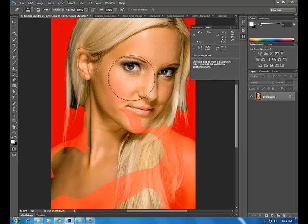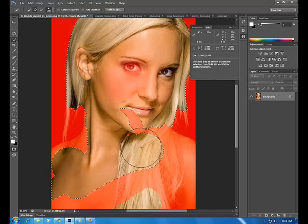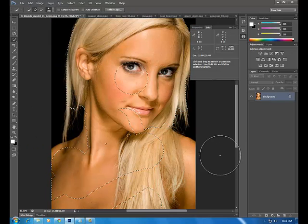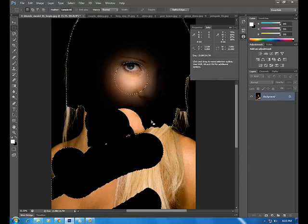Because you can use the selection tools inside of the Quick Mask. Isn't that ridiculous? Why would you want that? Because I just made a selection out of the Quick Mask, inside of Quick Mask, and now I can go back in and apply it to this, which is weird and ridiculous. But you know what? Sometimes you might need to do that. There's a million ways to use Photoshop. All I'm trying to show you is